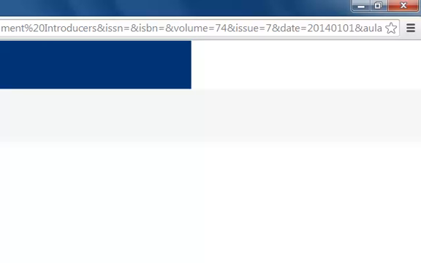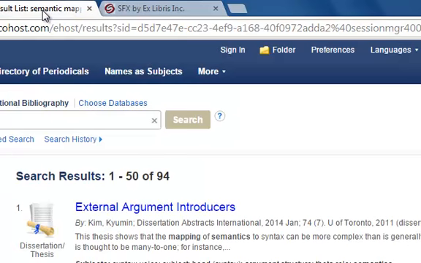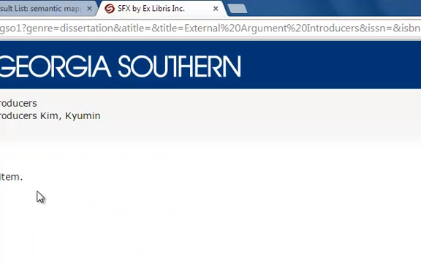but sometimes you think you have enough research material, but then you realize that it doesn't help you in the long run because after you read the third page, then you start to realize, oh, this might be something else. And so when I click on, I'm just going to find external arguments introductors. That is one of the topics. And it says it has a little purple button to find it, and I click on it. And usually what pops up is